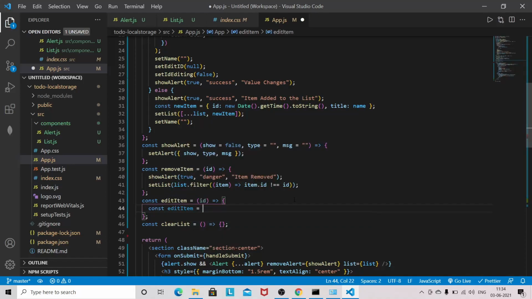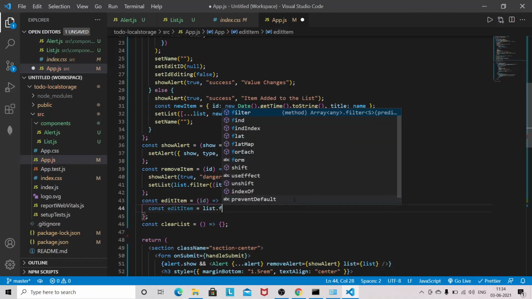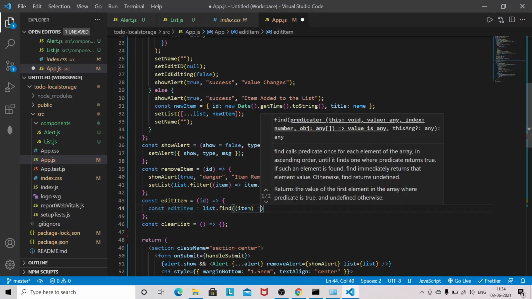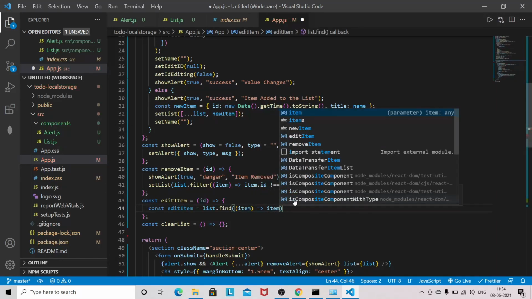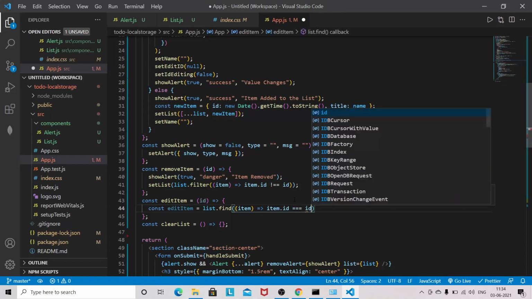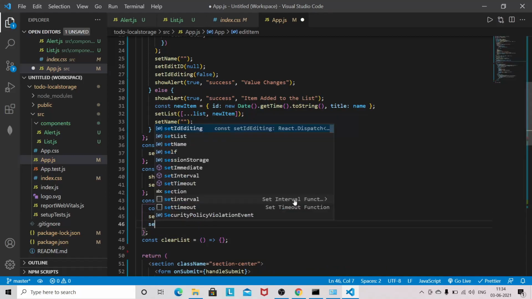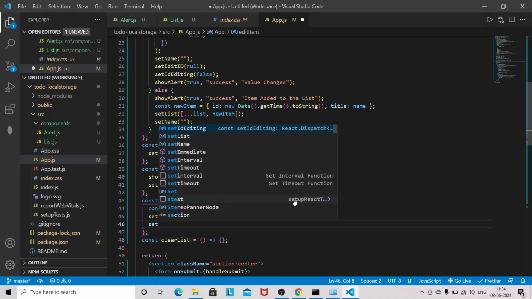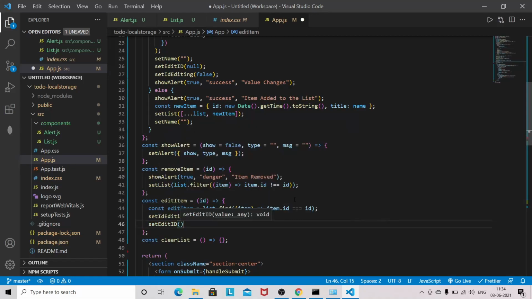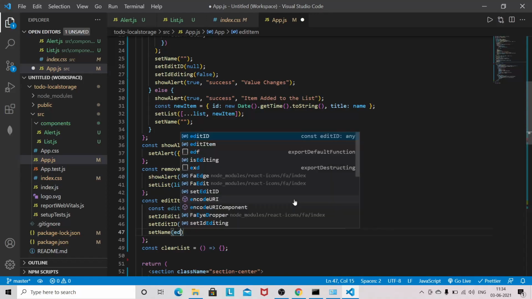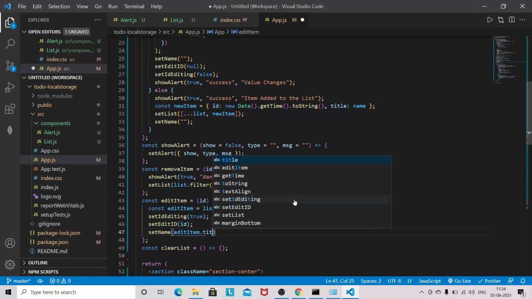I will give edit item equal to list dot find, item dot id, set is editing true, set edit id, set name, so edit item dot title.